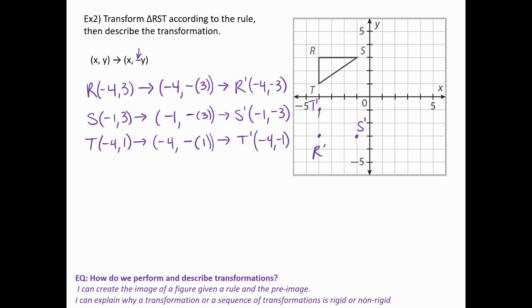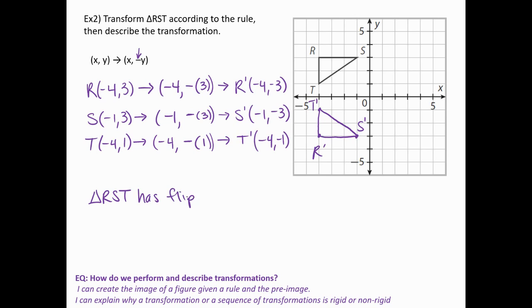So I'm going to, of course, connect the dots. And then we're going to talk about describing this. So one more time, when I look at the result, what happened to RST is it moved. It's not in the exact same location, but also it's kind of been flipped over. We will later call that a reflection. For now, you can do that if you would like. I'm going to say triangle RST